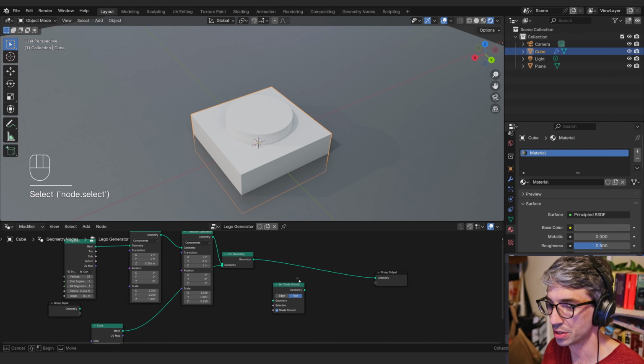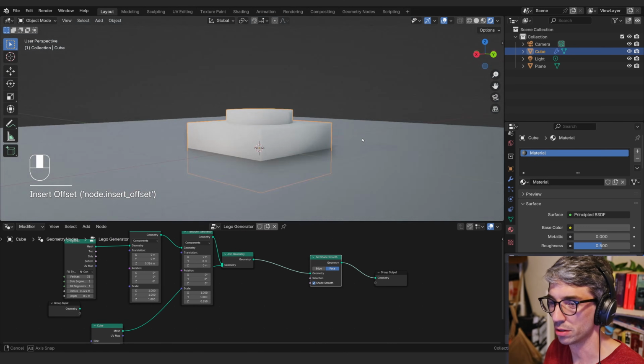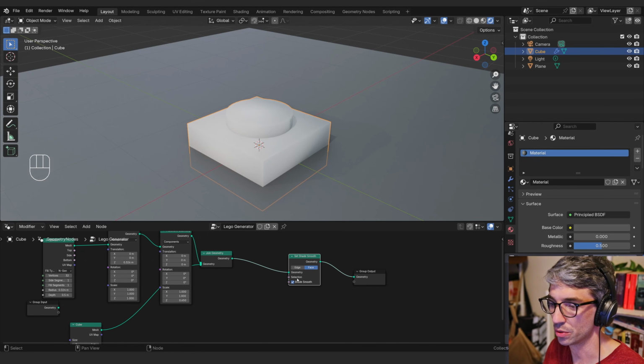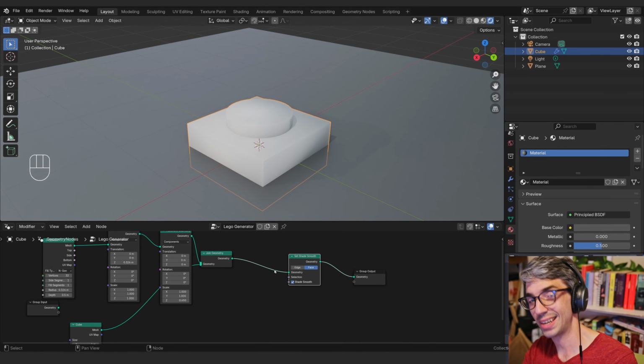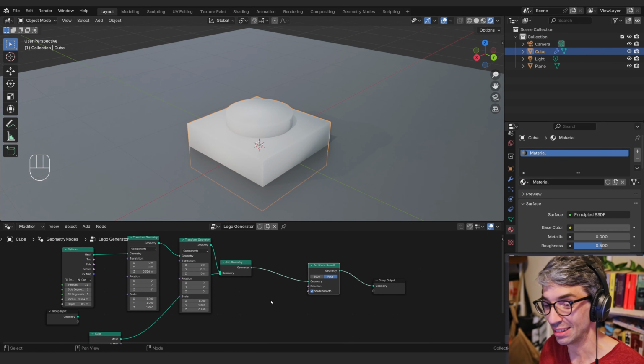We have quite a few options, but you see if we just drop this on, it's going to set it smooth, but it's going to do it for all of it, right? And I don't want all these edges to be smooth. So this is where we're going to talk about the next important idea about geometry nodes, and that's working with selections. Selection is something you're going to do all the time, but they can be a little confusing to get